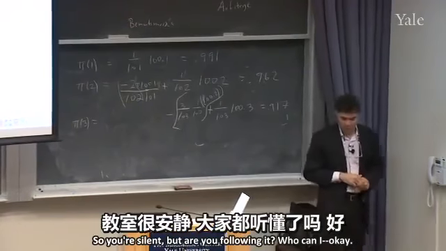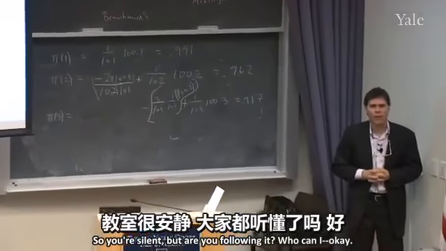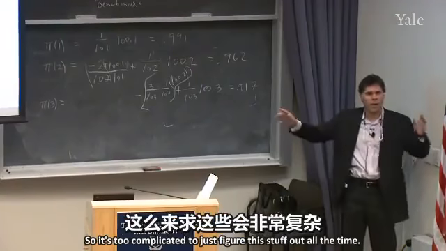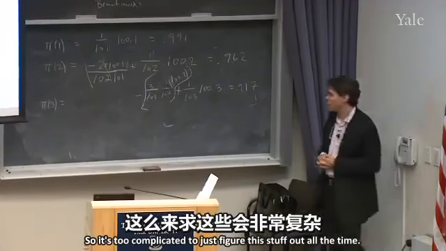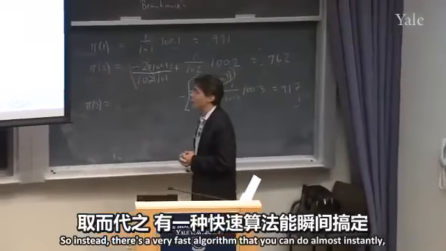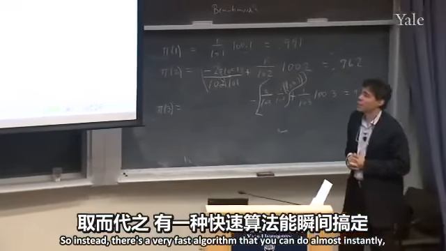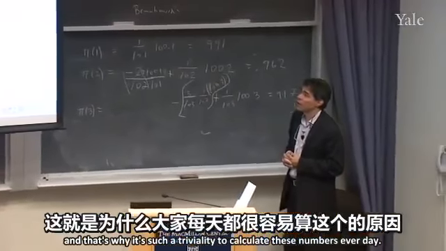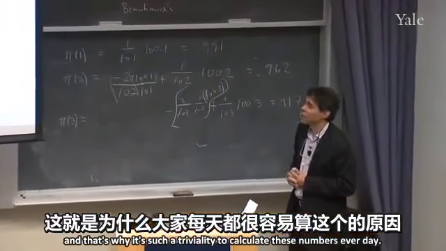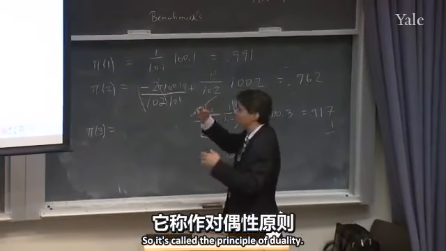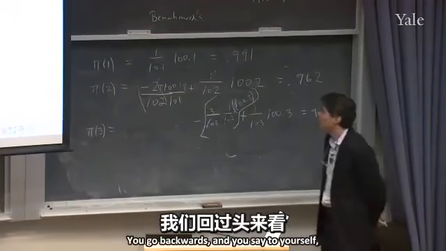You're silent, but are you following it? Okay. So it's too complicated to just figure this stuff out all the time. So instead, there's a very fast algorithm that you can do almost instantly, and that's why it's such a triviality to calculate these numbers every day. It's called the principle of duality. You go backwards, and you say to yourself,